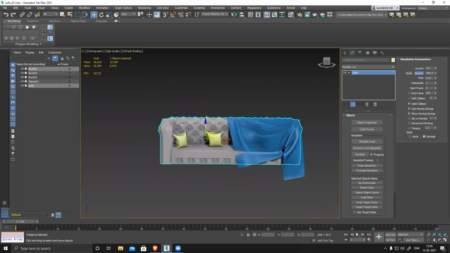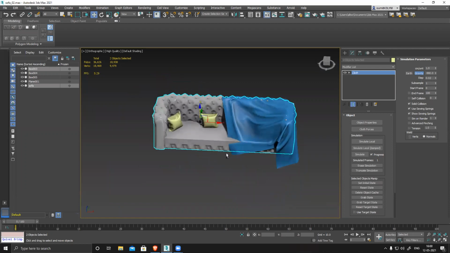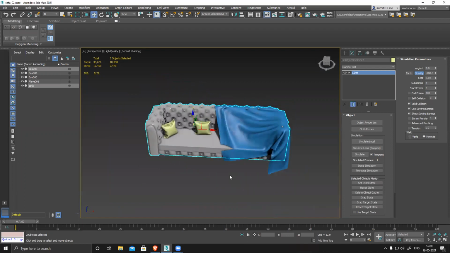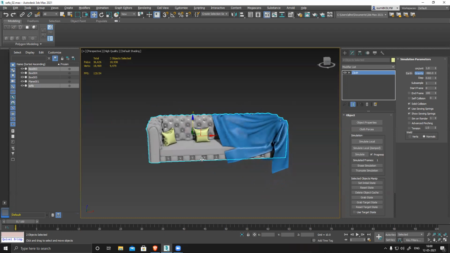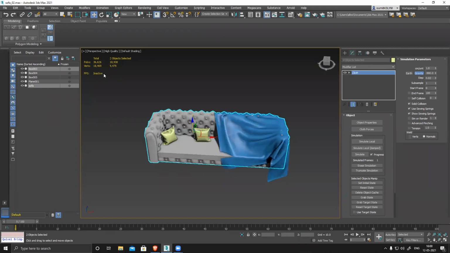Okay, sir. How do I get the poly count and the vertices count along with the FPS? On the left, the yellow information? That is useless, nothing to do with this. I want to check the poly count and the vertex count. So how do I activate this? Press 7 on the keyboard. By default, it will show only this much, not this one.